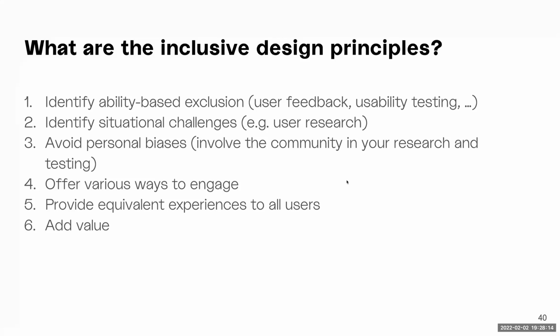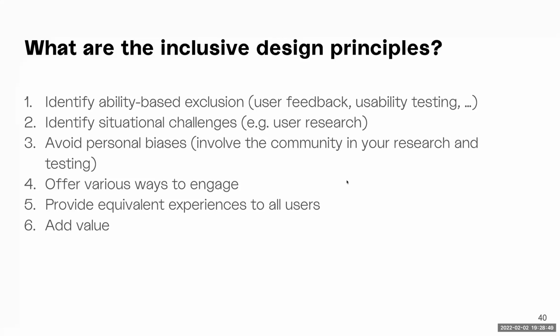The third one is avoiding personal biases. When we have an idea and want to build, we subconsciously impose our biases on the product, whether it's the design team, the developer team, or even the company suggesting the concept and the solution. So you need to involve other people from different communities and places throughout the design process. That will help you identify where your bias is and try to eliminate it.